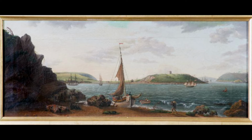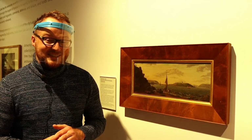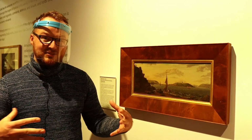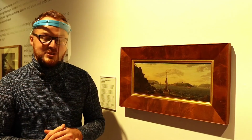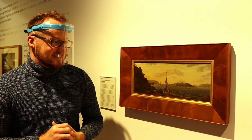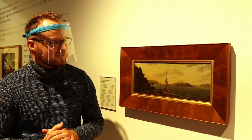If it is Rostellan, then perhaps it was a commission from a wealthy landowner on that side of the harbour. But just how big is Cork Harbour? Well, apparently it's 70 square kilometres, which seems extraordinary. But we have to take into account all of the different arms of the harbour, which reveal themselves, as some historians have said, not as a big open space, but you round a bend and it opens again and again. So from the port of